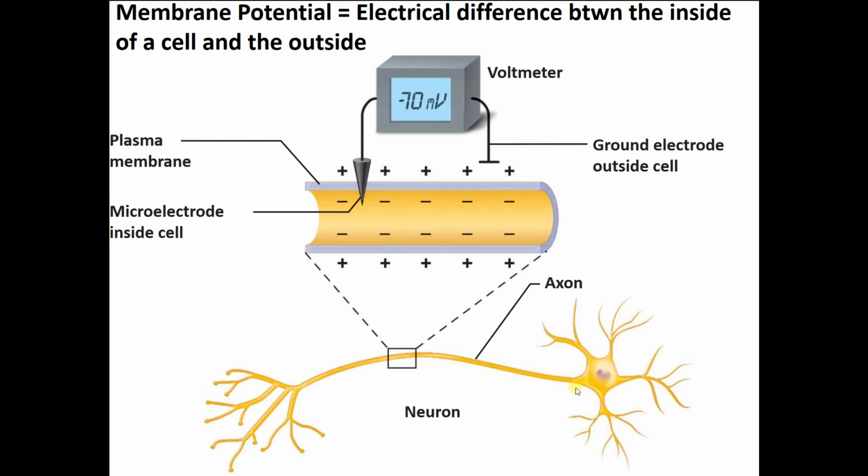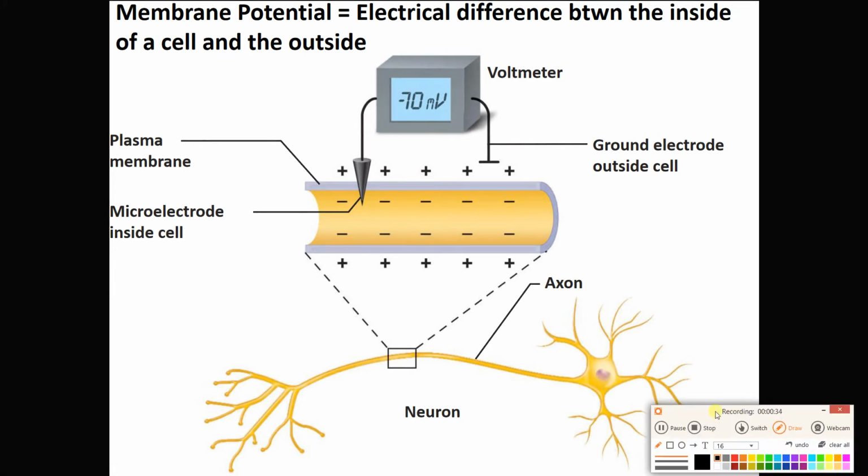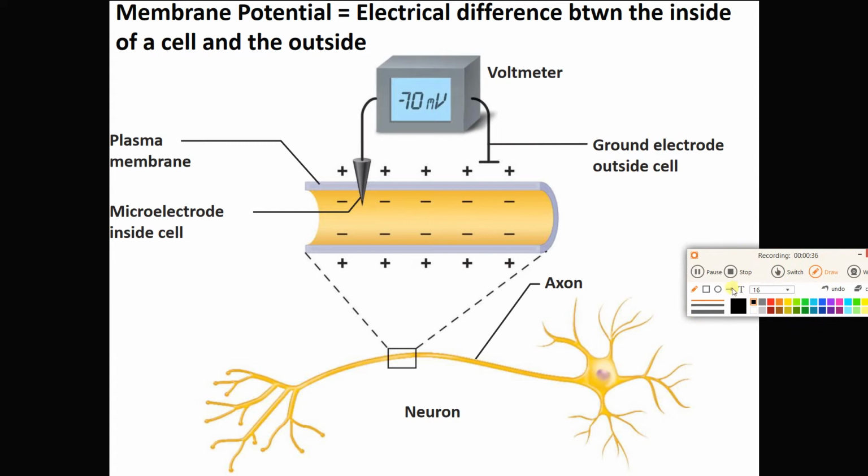Now, here we have a typical neuron, and I want to review it with you a little bit before we get going. So we got a typical, beautiful neuron here. Right here is the cell body or the soma of the neuron. This guy right here is the axon, which is already labeled axon for me. The beginning of the axon is the axon hillock. These branches on the axon down here are